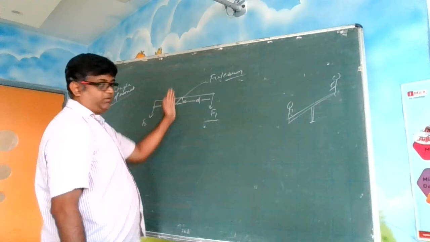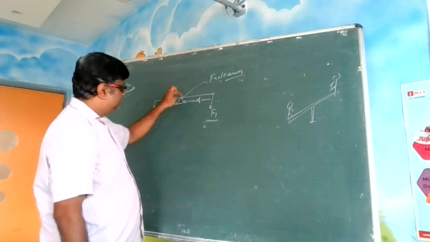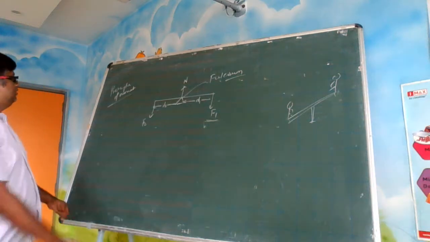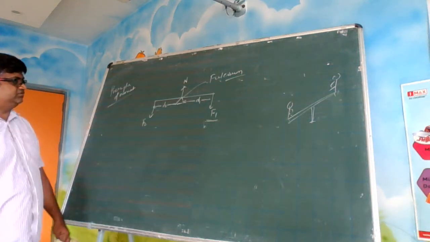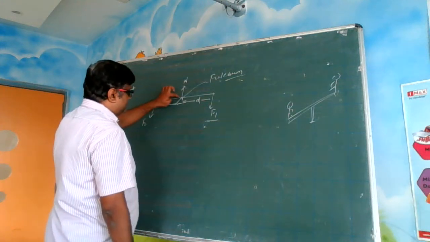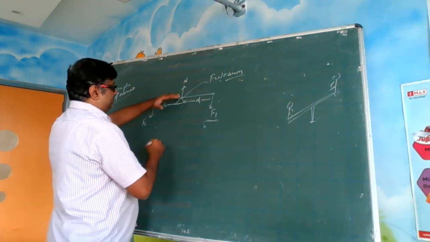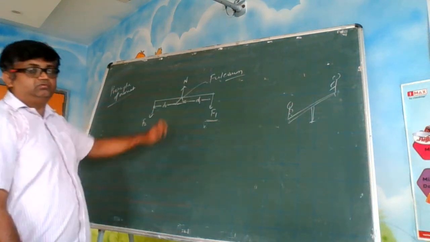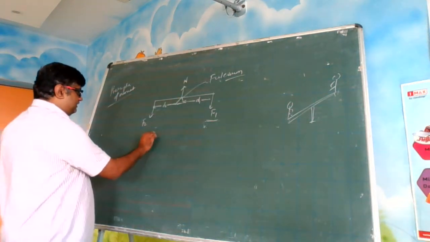So this is the reaction point. There will be a reaction here. So this normal reaction, let us say it is like this. Now when you apply the principle of moments, I can say that the moment about this point, see, basically क्या करना है? The moment about this point should be equal to 0. Sigma M is equal to 0.